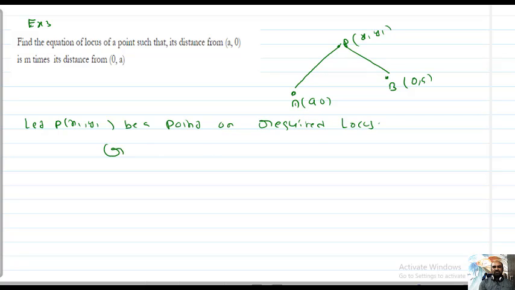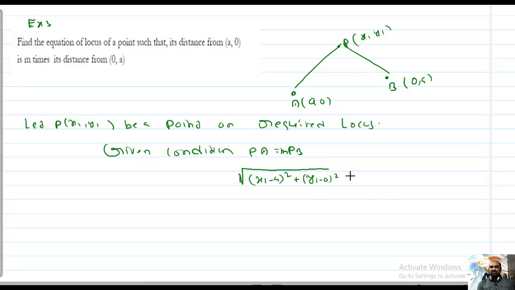Okay, given condition, PA equal to m times PB. PA means square root of (x1 minus a) whole square plus (y1 minus 0) square equal to m times root over (x1 minus 0) whole square plus (y1 minus a) whole square. Again squaring on both sides, we will get (x1 minus a) whole square plus y1 square equal to m square times